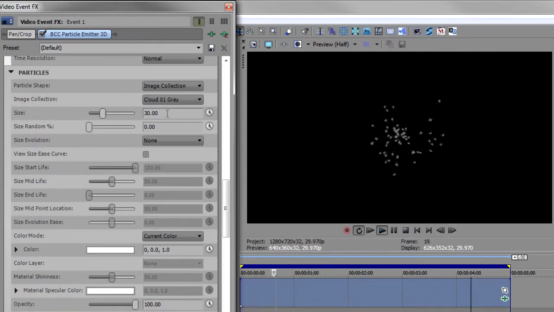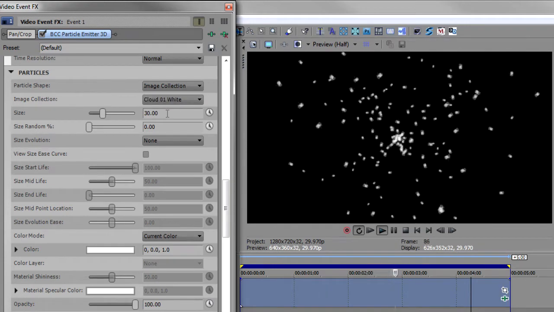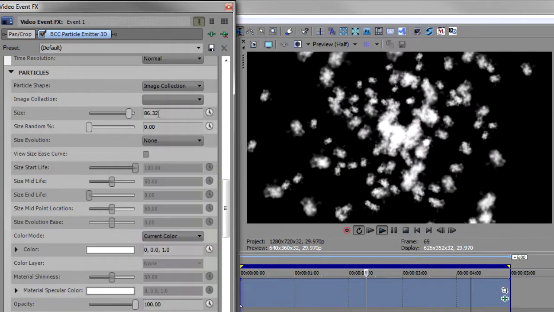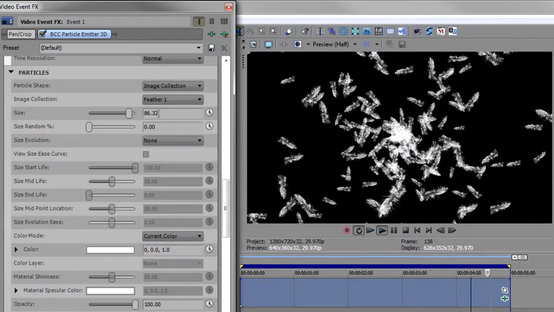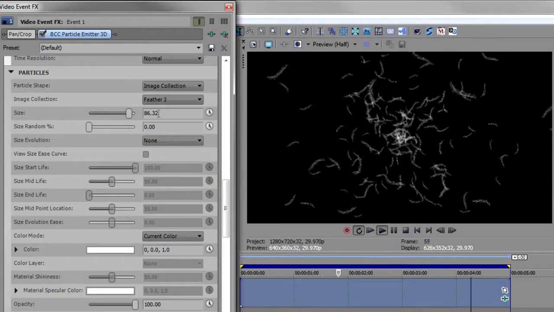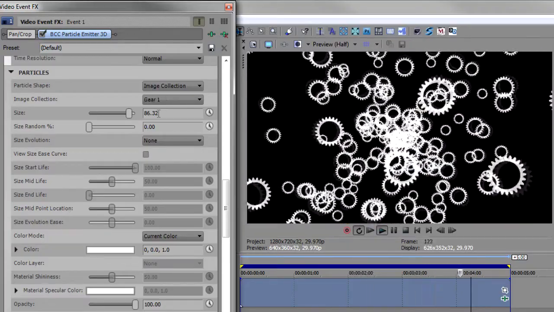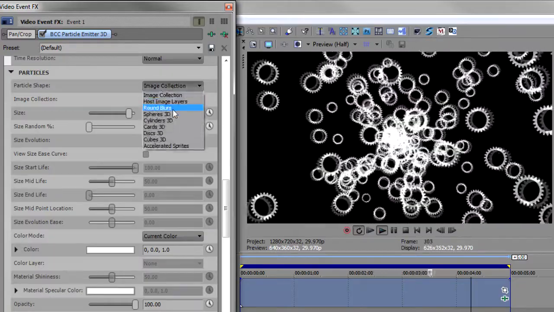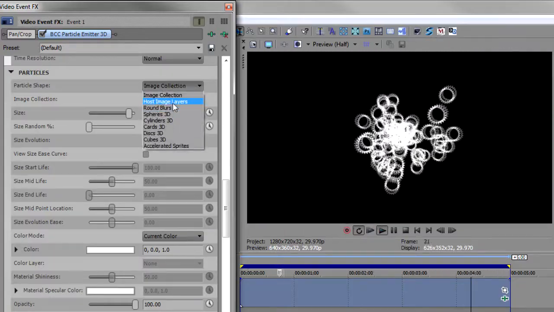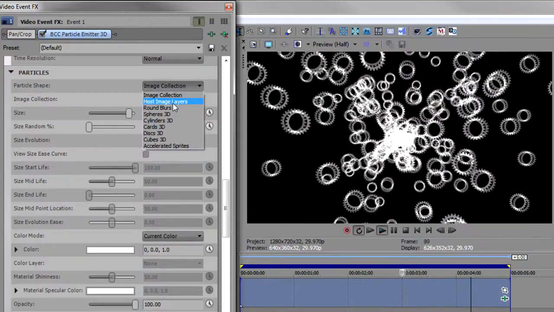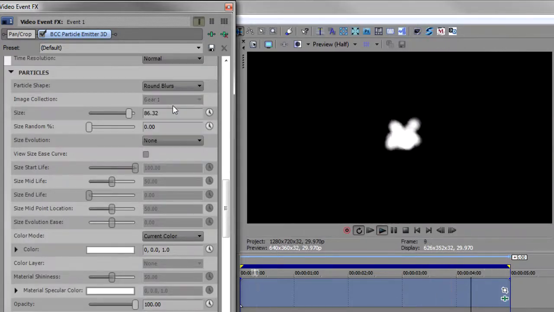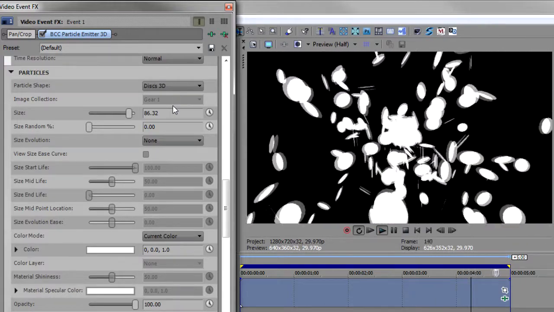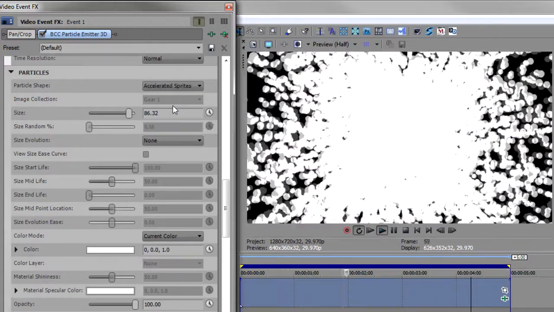So we've got a bunch of different images that can be used, and I'm going to increase the size here so you can really see. All right, these are clouds. There are some feathers popping out here, and you can really see the feathers. So there's lots of different images you can use to create your particles. Then there's the host image layer, and so if I had an image layer here, and we'll do that later, you could use the host image layer. There's round blurs, there's spheres, there's cylinders, there's cars, just lots of stuff that you can use to generate